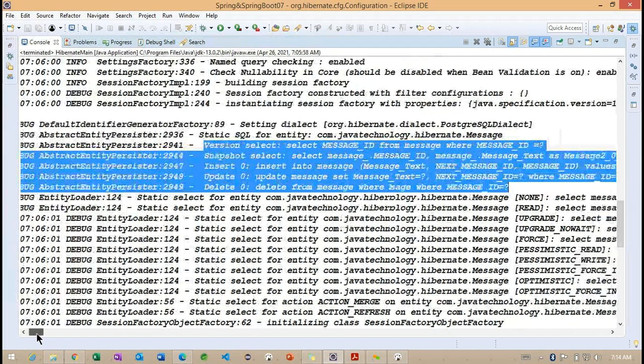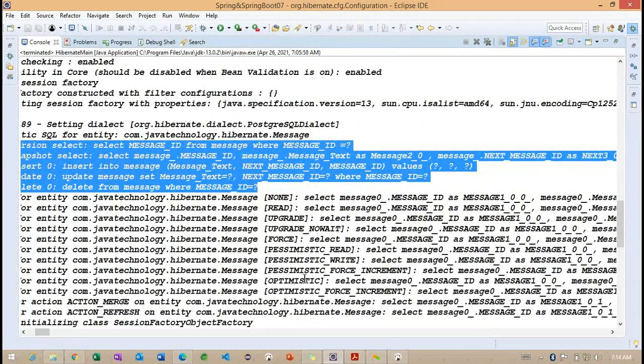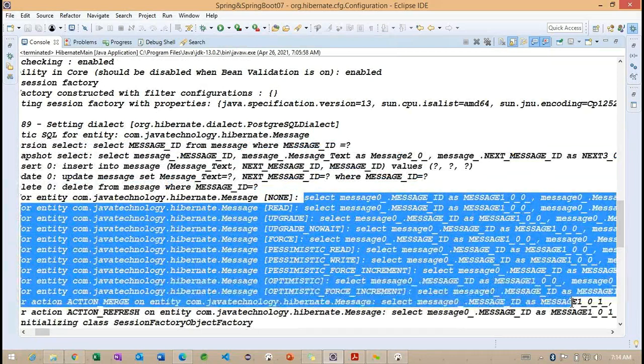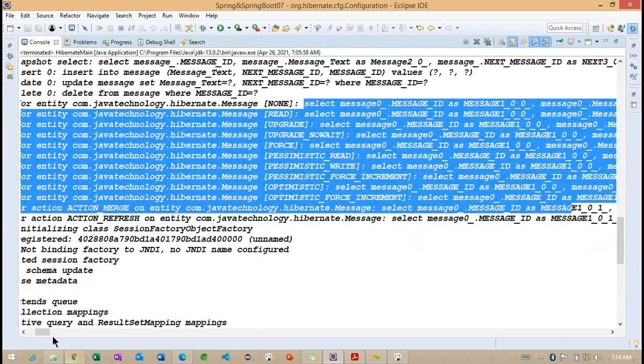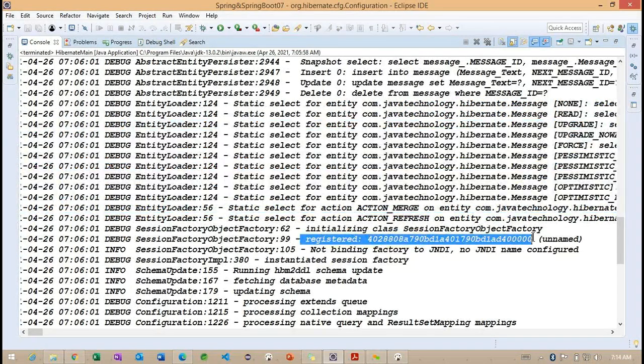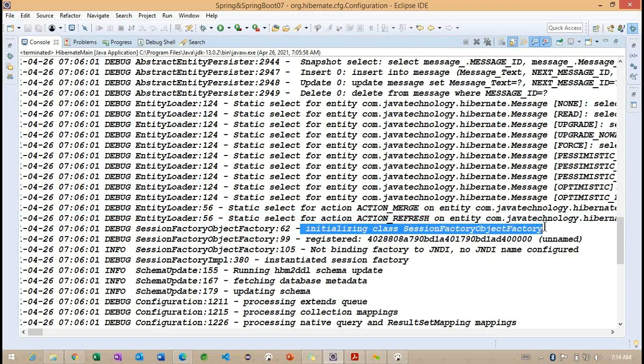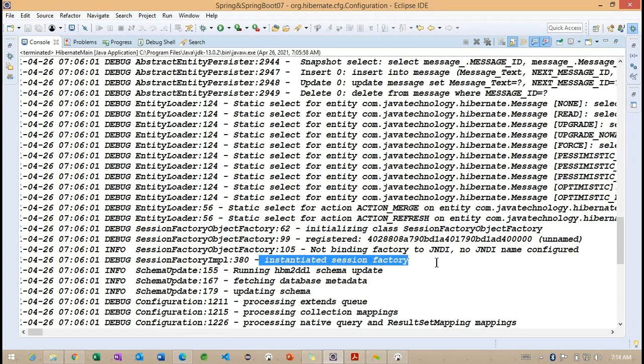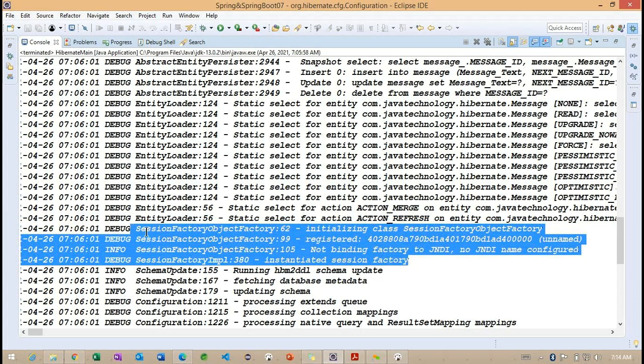Now we can understand the particular entity related information here, and here also we can identify SQL query information. Right, so this is the ID of this particular session factory object. Now initializing the class called session factory, the session factory object is being created here. So you can observe these are the three objects being created.